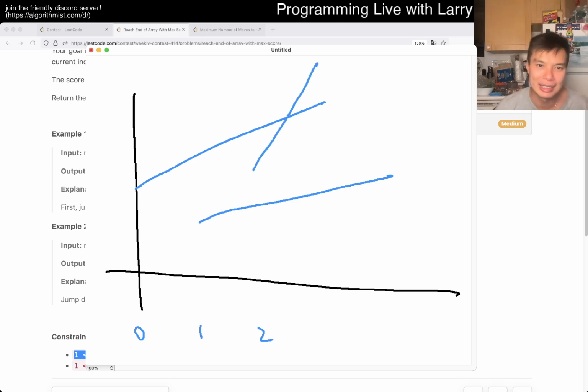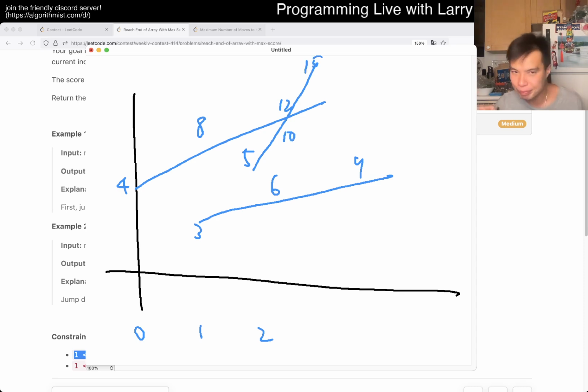What I'm drawing the lines for is that this is going to be 4. After the next index, going from 0 is going to be worth 8 and 12 and so forth. So the 1 is going to be a 3. Then maybe the next one's going to be 6, 9, and so forth. And then the 2, like I said, is going to be 5. I drew this a little bit not to scale, clearly, but maybe the 10 is here somewhere, and then the next one's 15, right? Okay, so the idea I had, which is very complicated, but it's just ideas,